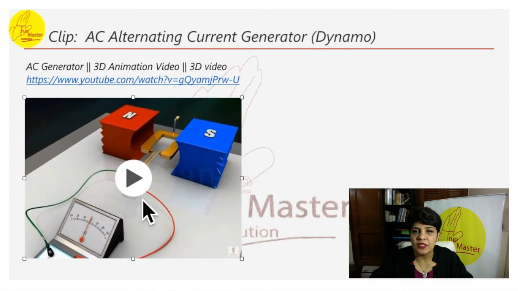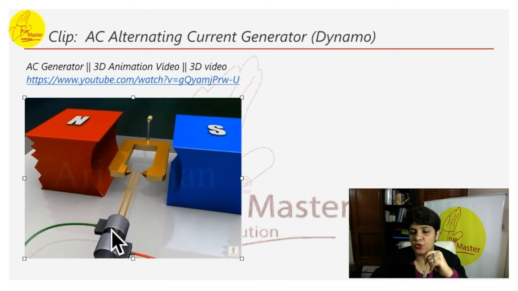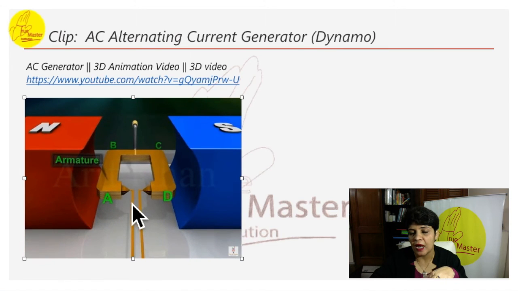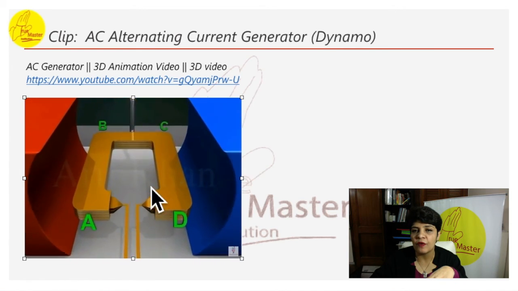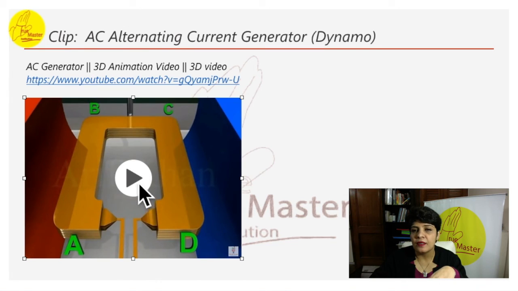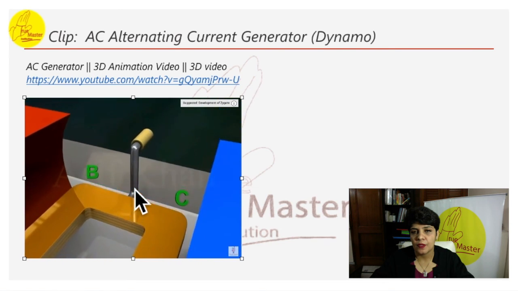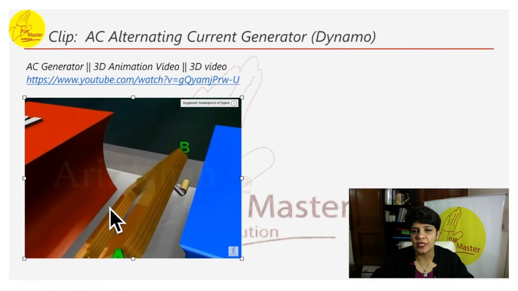Okay, let me pause it here. This is the magnet, north and south. This is going to show you the deflection, so when this is connected, it's going to show the current being formed here. And this is the coil in the center. And here, let's have a look. This is S1, S2, the slip rings. So this is the armature and how it is going to rotate. All right, you can watch it completely in the video yourself. This is a shaft, by which you can mechanically rotate it too.